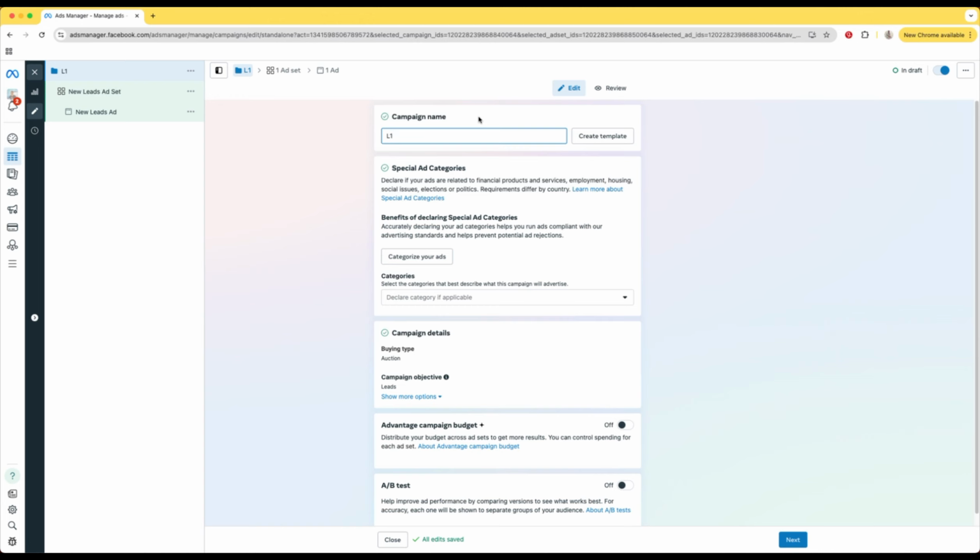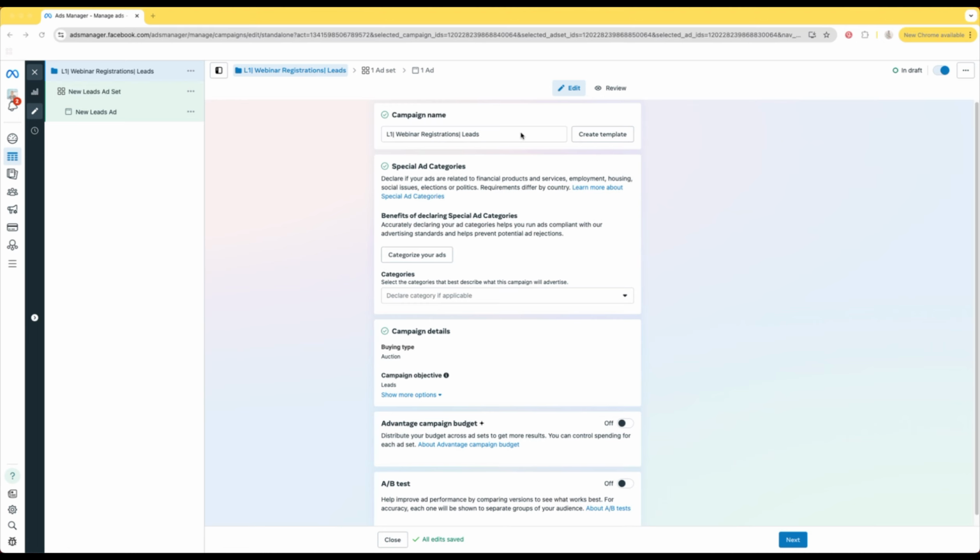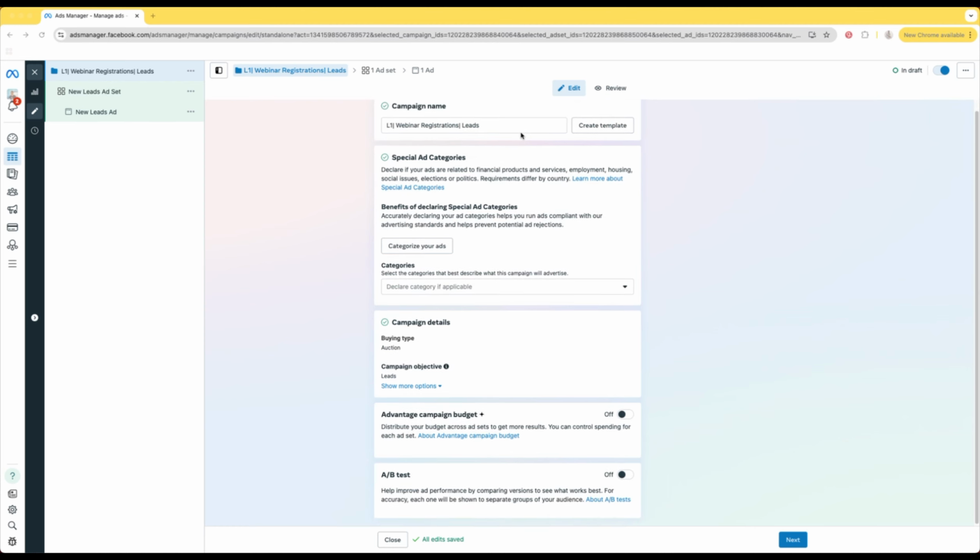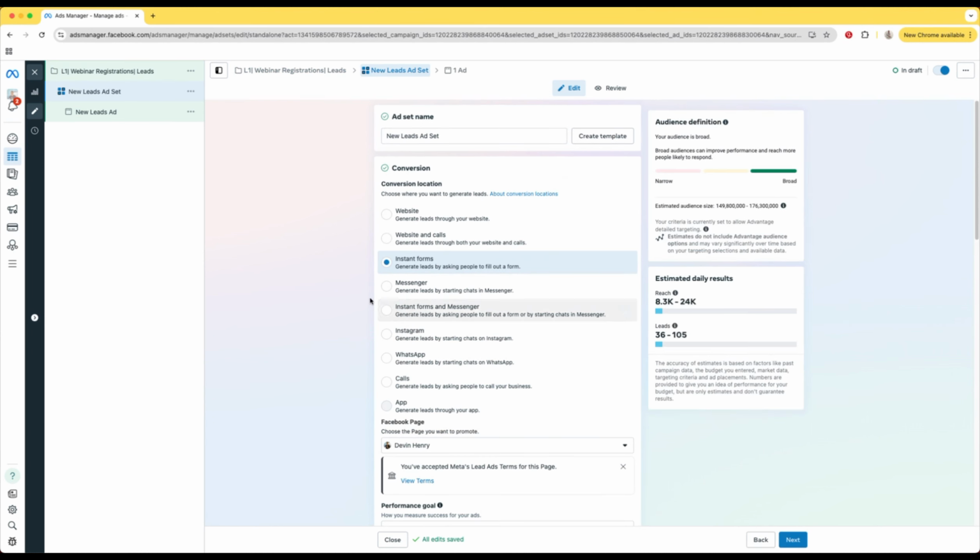And then in the middle, we always just like to put what the actual objective is, right? So what we're looking for is webinar registrations, so we're going to put in webinar registrations. We always tag at the end the actual campaign objective, which is leads. So this is a leads campaign, so we just add that to the end so we know that this is a leads campaign. And that's all we're going to have to do on the campaign level. So we can go to the bottom right and select next, and now we are taken to the